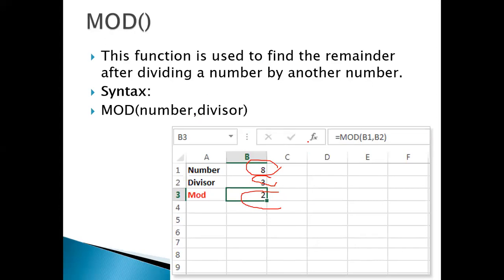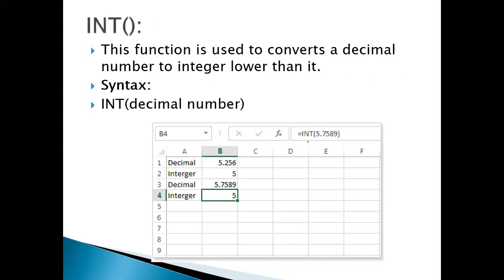This function is the same function as we usually go with in the calculation part. Then integer as well. Suppose there is a decimal part, you don't want any kind of digits after the decimal, you just need only the integer part. So you can even just click here int and whatever decimal number is there.